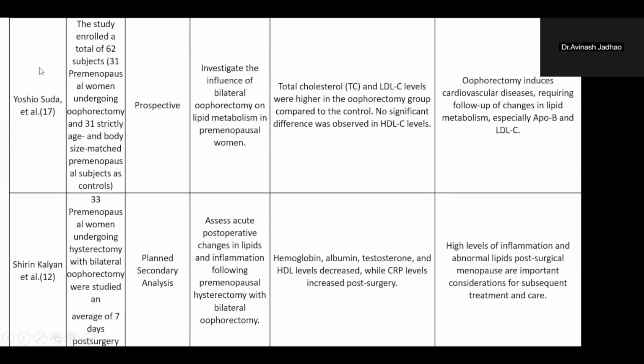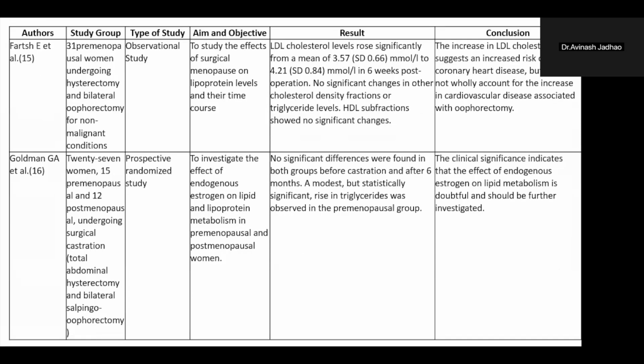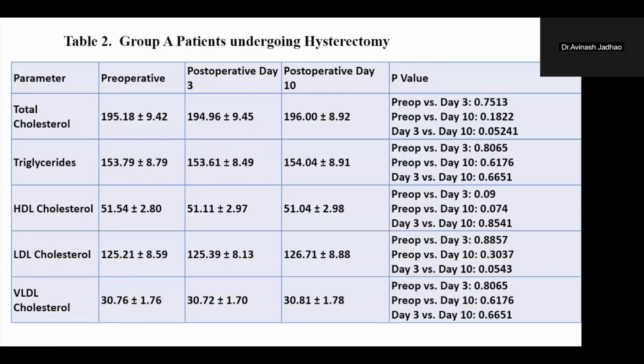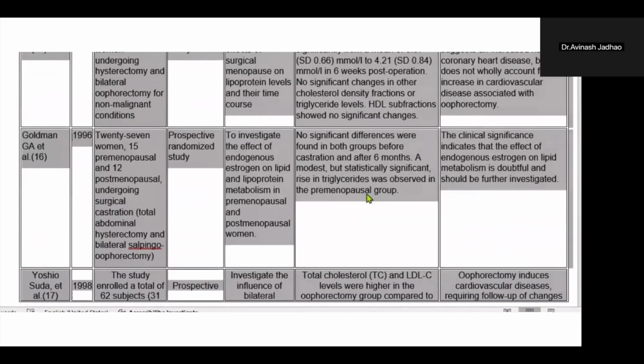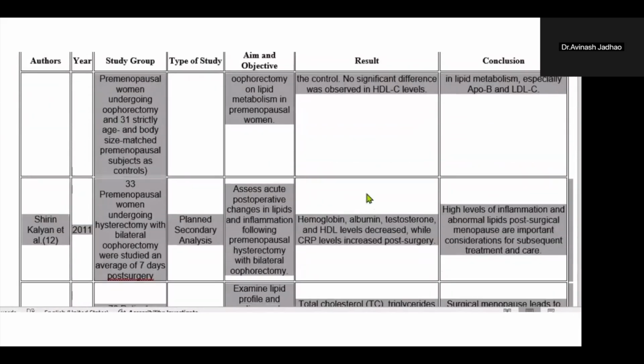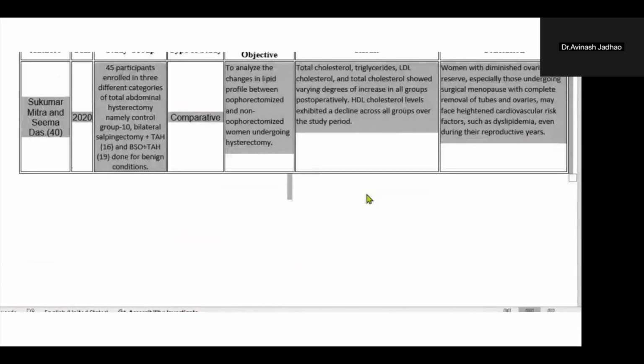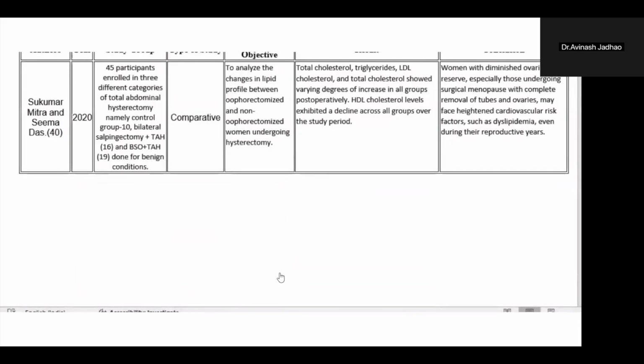So this is the example. First of all, you have to prepare a review of literature in this form, with an arrangement like author, study, type of study, result, and conclusion. In the result section, whatever the exact results in a study, you have to copy here so that the answer will be more elaborate. This is the review of literature which I have collected for my study. This is my result. So you have to copy your complete review of literature in a chat box.